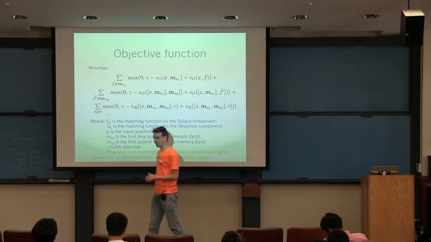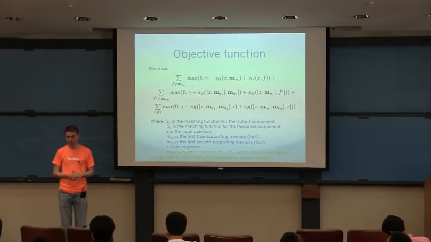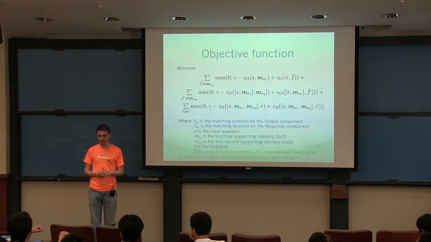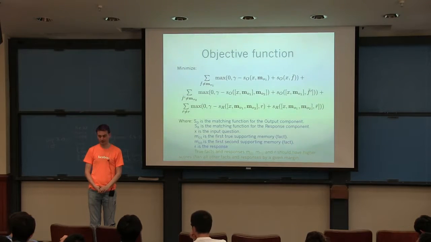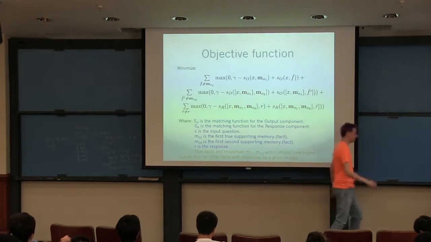So when you have the S_O and S_R functions there, the scoring functions, that's the dot product, right? Yeah, that was basically embedding with the word embeddings and then doing a dot product. So do you do that on a per word basis and then sum across all the words in the sentence? Yeah, so that's exactly what you're doing.